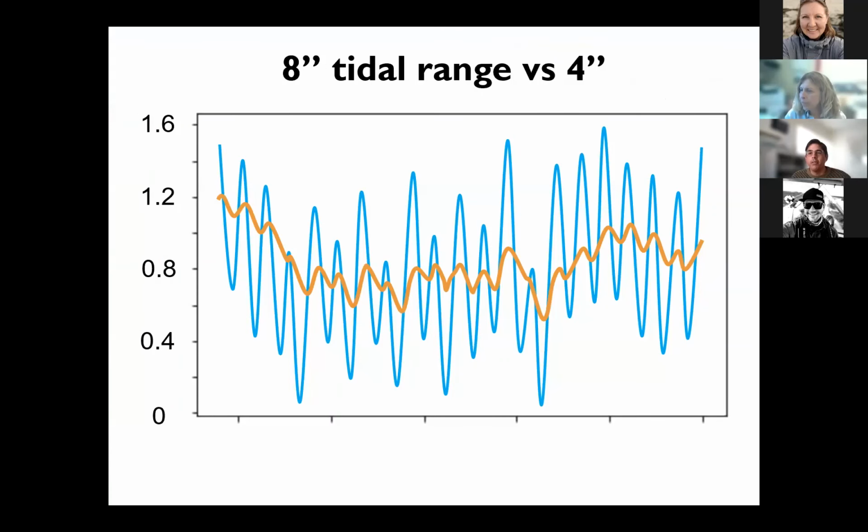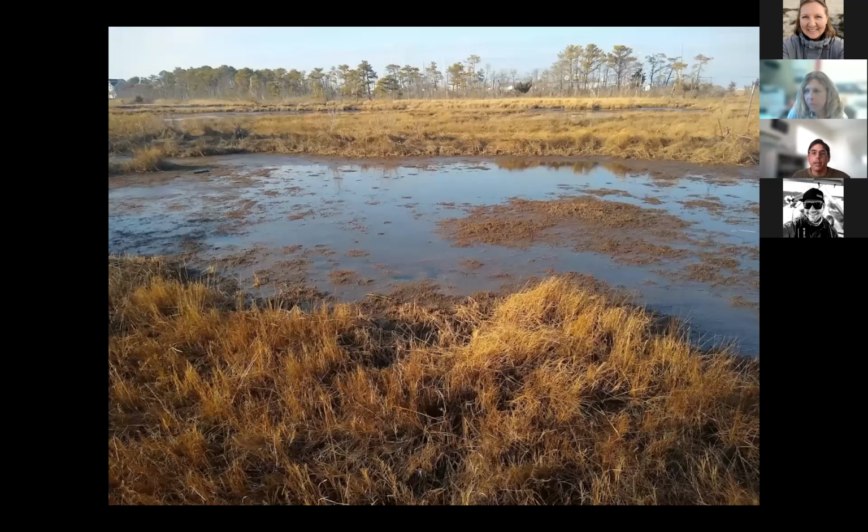Those blue zigzags look like it's a huge tidal range. That's only 8 inches. That's the background level, more or less. And so it's about halved in that interior area. So what that means for a restoration project, trying to hit a target elevation, is that it's a razor's edge you're trying to work on. So really challenging situation, but really important because these marshes are,